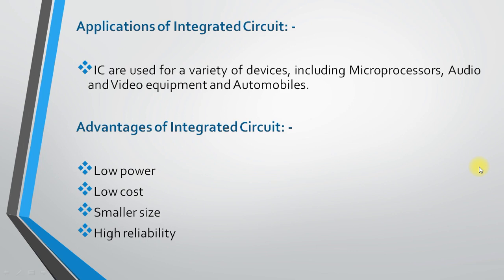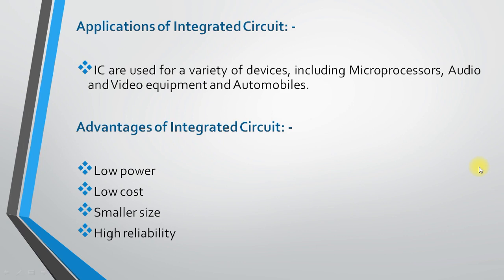Now see, you can choose an IC based on its level of integration and based on the technology. I want to repeat this point once again. Listen carefully. If you want to work with the IC, or if you want to purchase an IC from the market, at that time it can be of two types. Number one, you can choose an IC based on its level. Number two, you can choose an IC based on the technology.